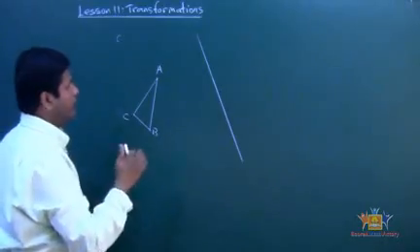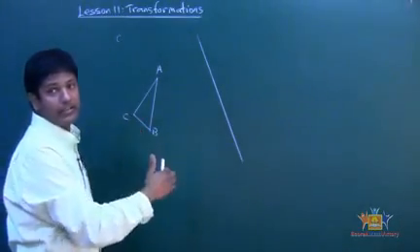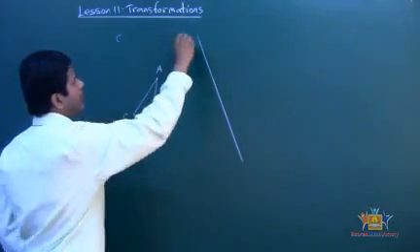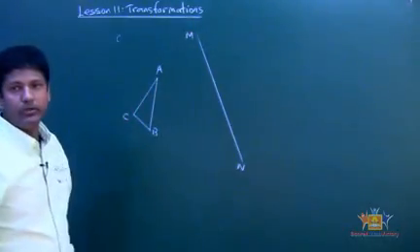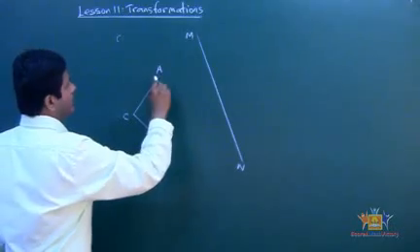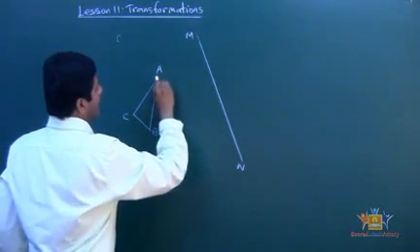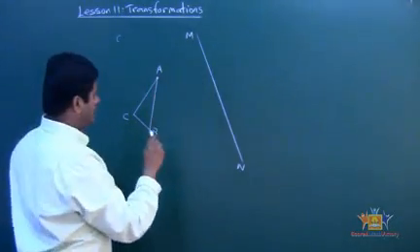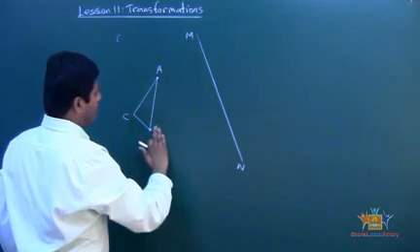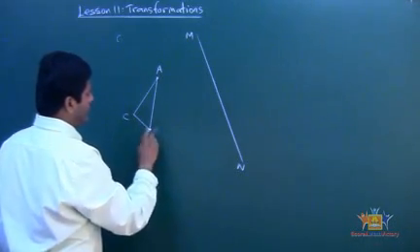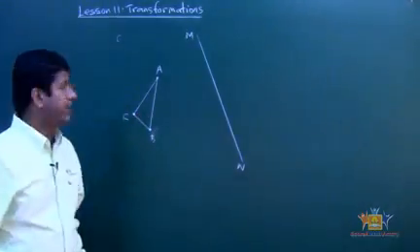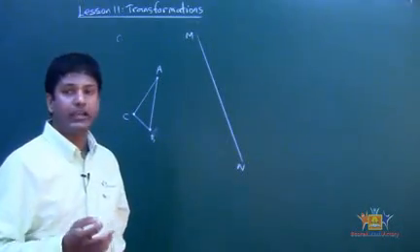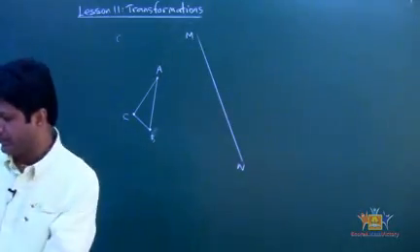We want to find the reflection on the line of reflection MN. So what are we going to do? Exactly, we're going to create a perpendicular line from point A to the line of reflection, a perpendicular line from point B to the line of reflection, and then from point C, a perpendicular line to the line of reflection. How are we going to do that? We're going to use a compasses. So let's grab the compasses.